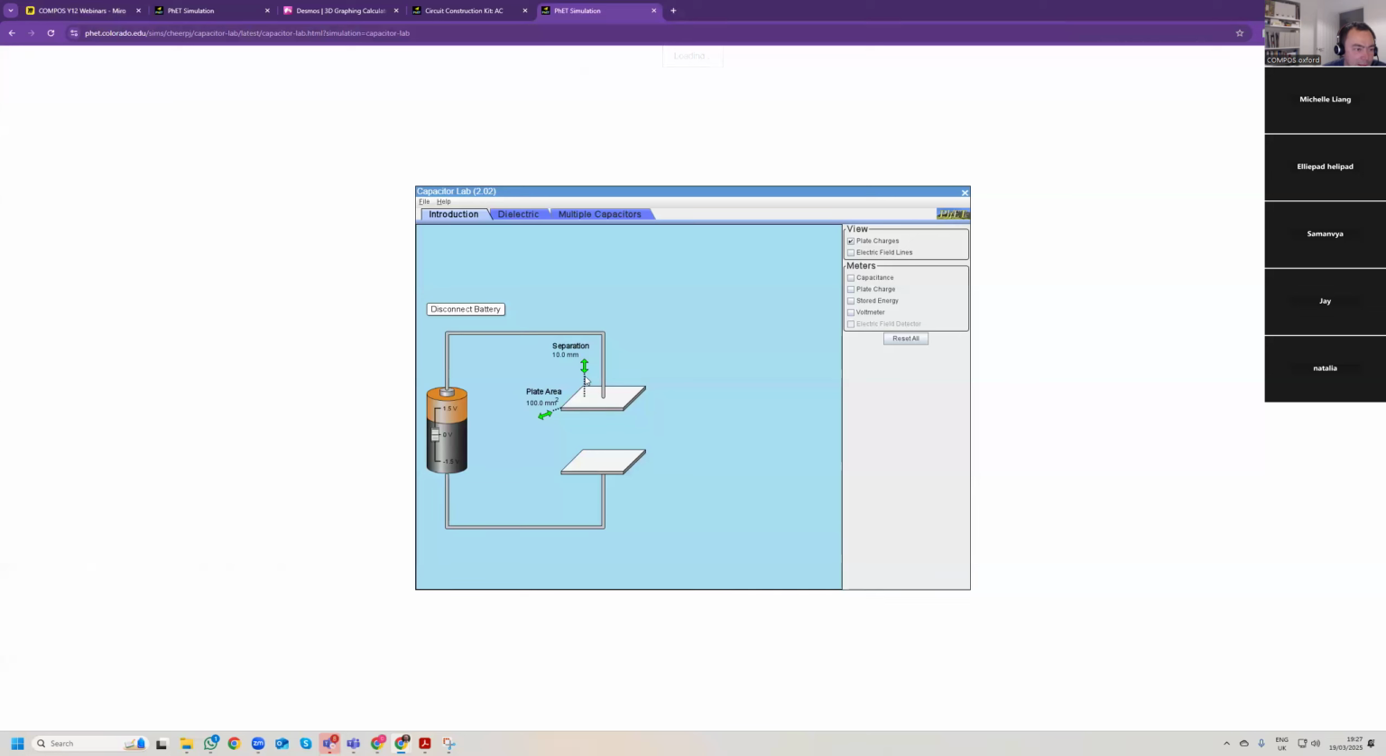So here you can move this capacitor lab, you can move the separation and you can increase the plate area. So this increases the capacitance and that reduces. So if you charge,